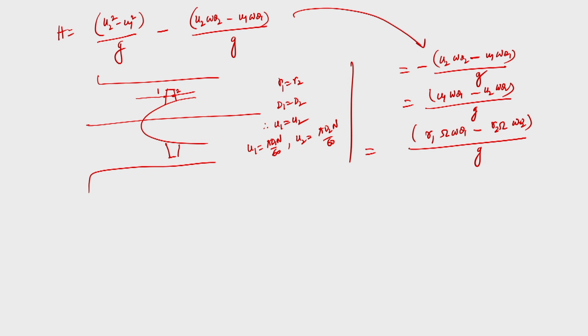So, here the head is developed by only this component, and we have shown in one day that if the blades are designed following a logarithmic spiral, then perhaps it can be shown that this first term is equal to this term, so it will go away. So, that is the case. So, after having this discussion, now we will go on to discuss what the degree of reaction is. So, if I go to my next slide, then we will discuss the degree of reaction.